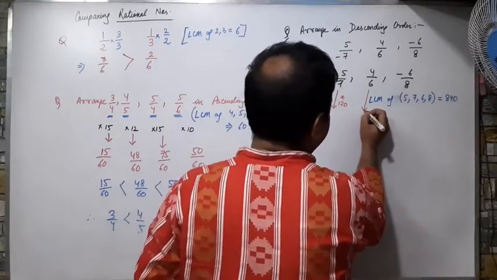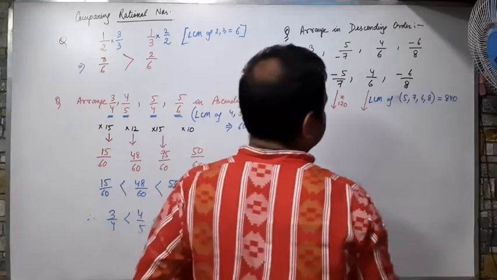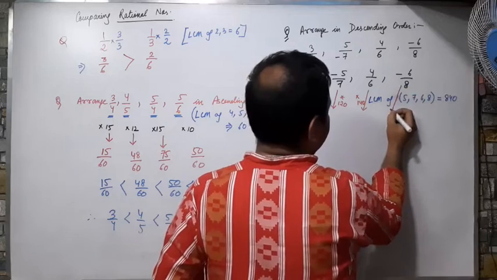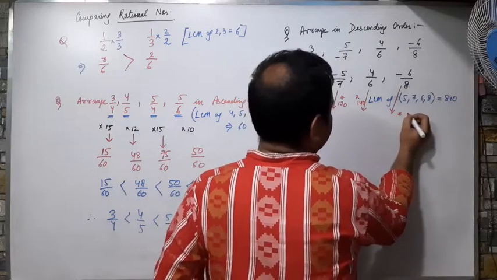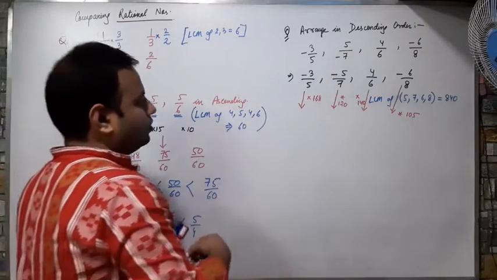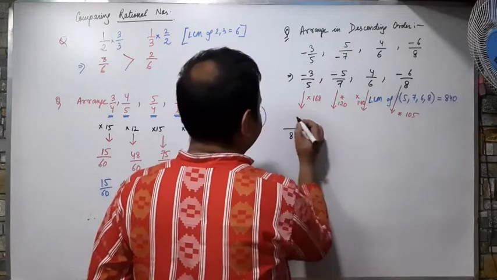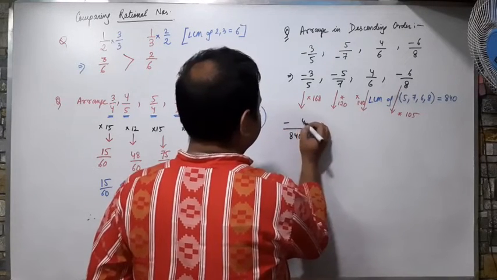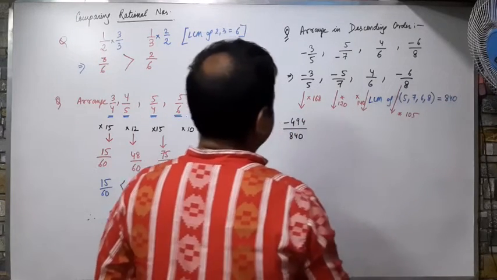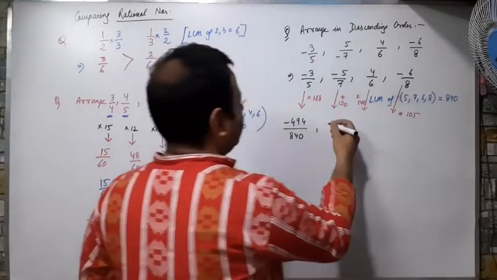For this one, I have to multiply with 140. And for this one, I have to multiply with 105. So, what I will get? I will be getting minus 494 by 840. I will be getting here